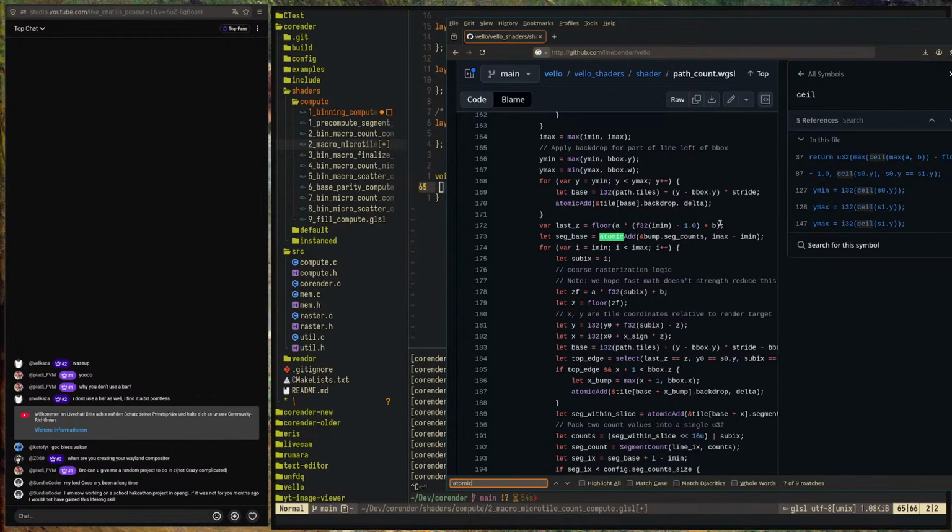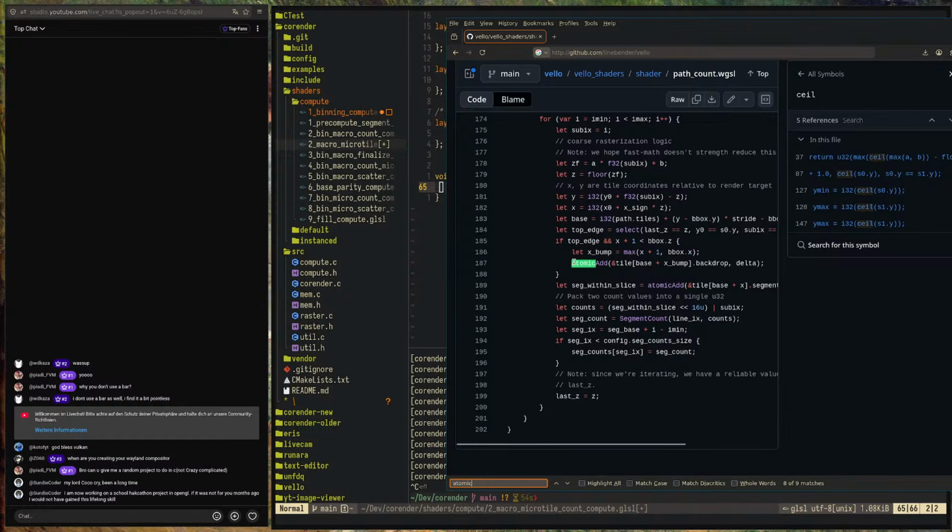And then for the seconds, they have another global atomic, and another, and another. So obviously they need to use global atomics because many segments can hit the same tile,